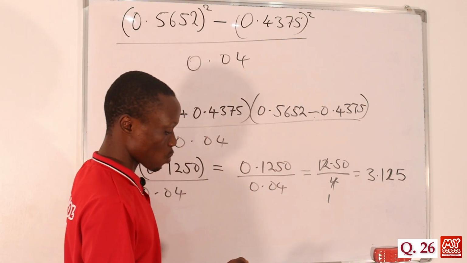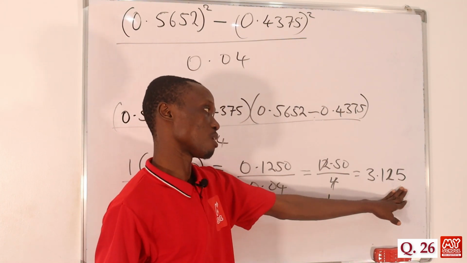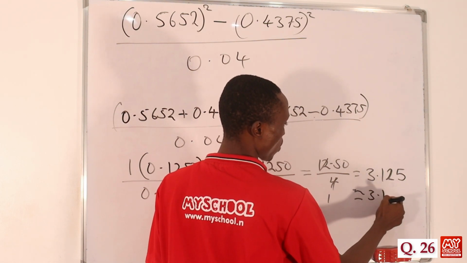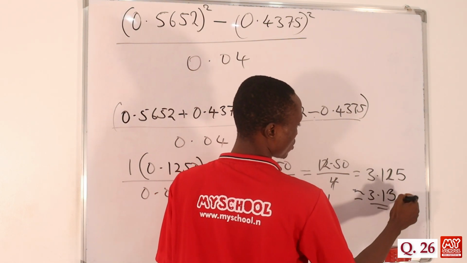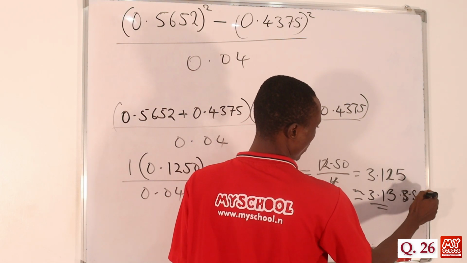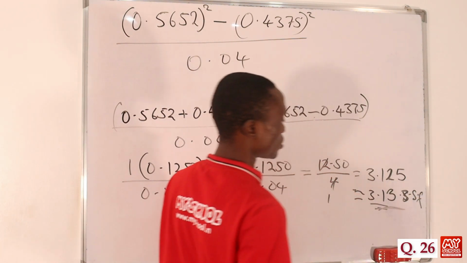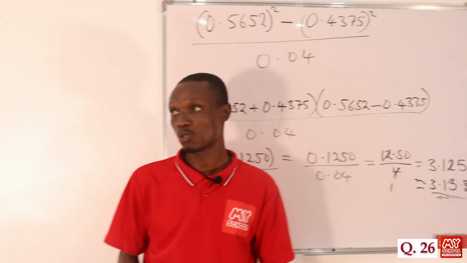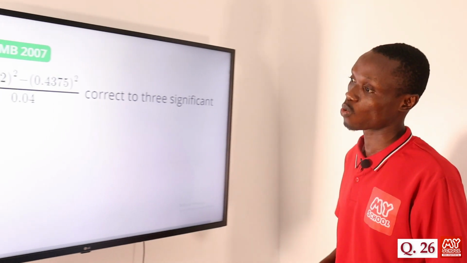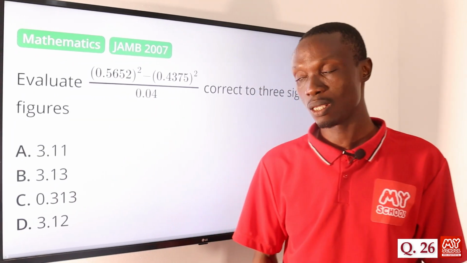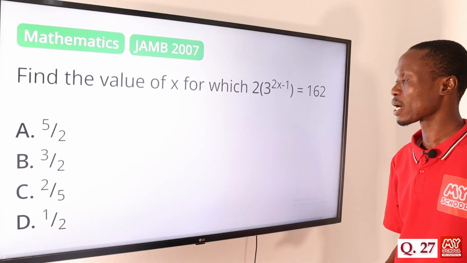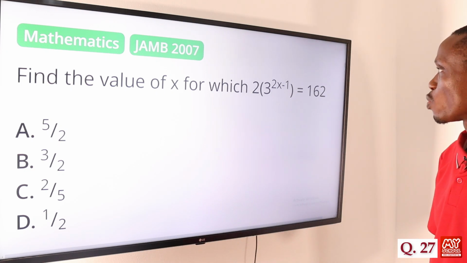But remember that we are asked to correct this to three significant figures. So to three significant figures, we'll be having 3.13. So this is to 3 SF. So the answer to this question is 3.13 to 3 significant figures. So let's return back to the screen to pick the correct answer to this question, and that is option B, 3.13. Question 27. Find the value of s for which 2 bracket open 3 raised to power 2s minus 1